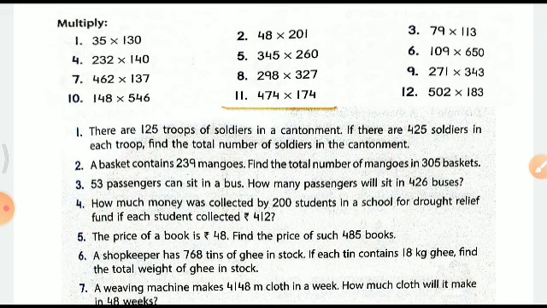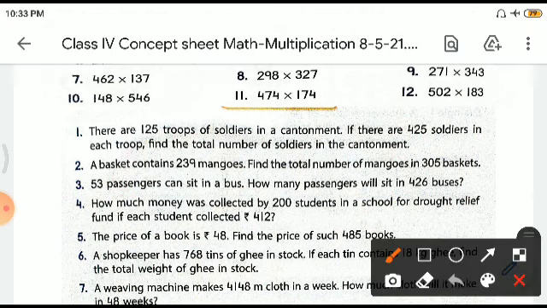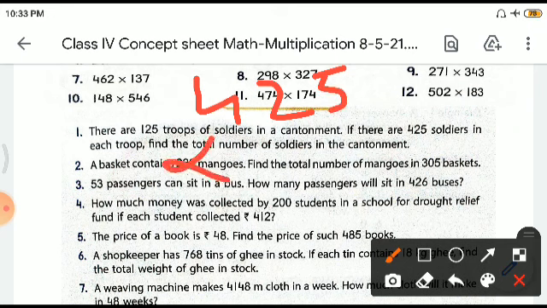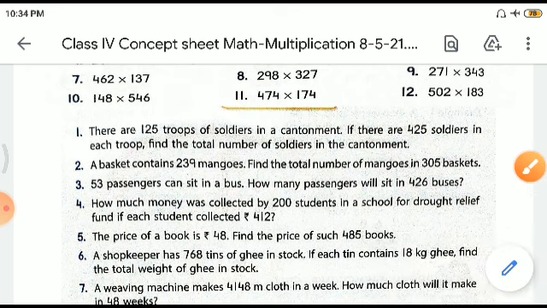So we have a simpler technique, and that is multiplication. We will simply write 425 and then multiply it by 125 to get the correct answer. This is a very simple technique. Rather than writing it 125 times and then adding it, simply go for multiplication. Now I leave it here. You can solve this, I know. Now see the second one. It's almost similar to the first.